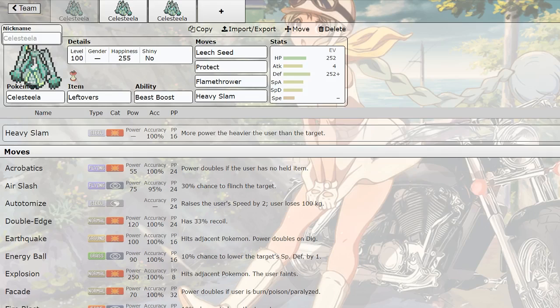tanky, and it's good on Clef as well. I think Clef is starting to run a little bit more Thunderbolt because, like I said, it hits the Toxapex Celesteela core. And if you're on Flamethrower and they have like a Toxapex and, you know, Heatran, you're kind of screwed. So, moving on now, the next spread we have is kind of a